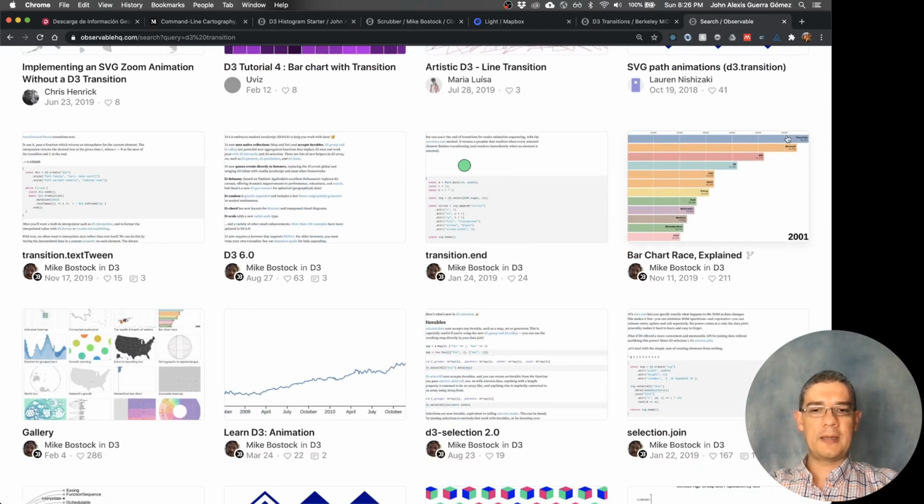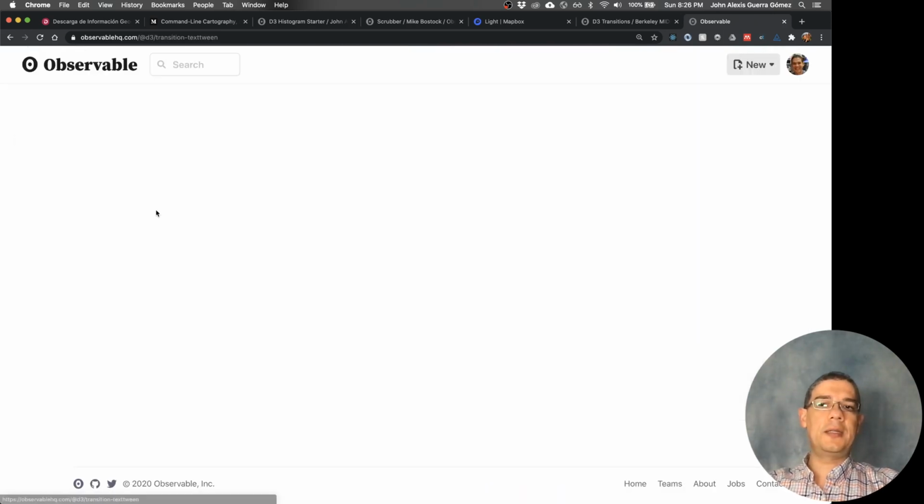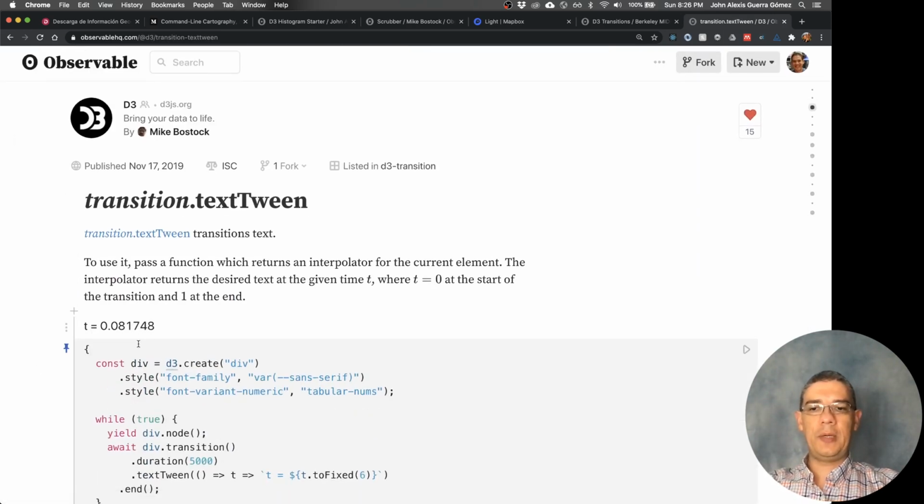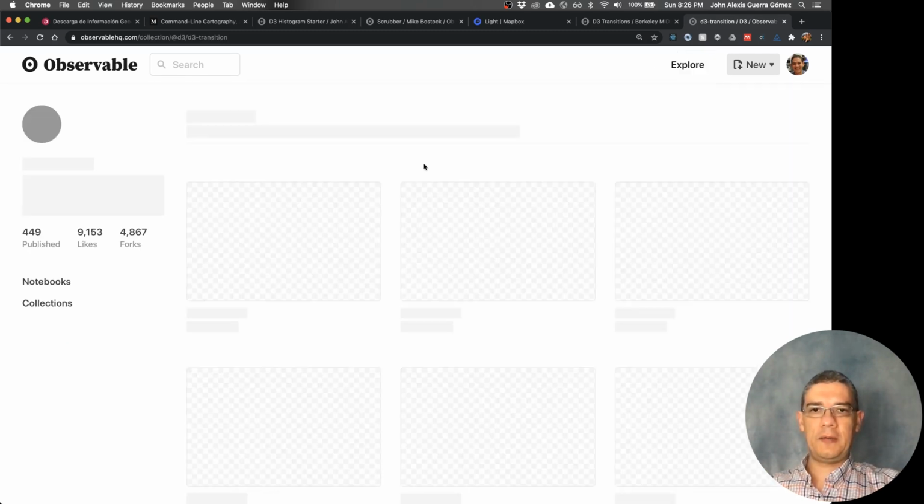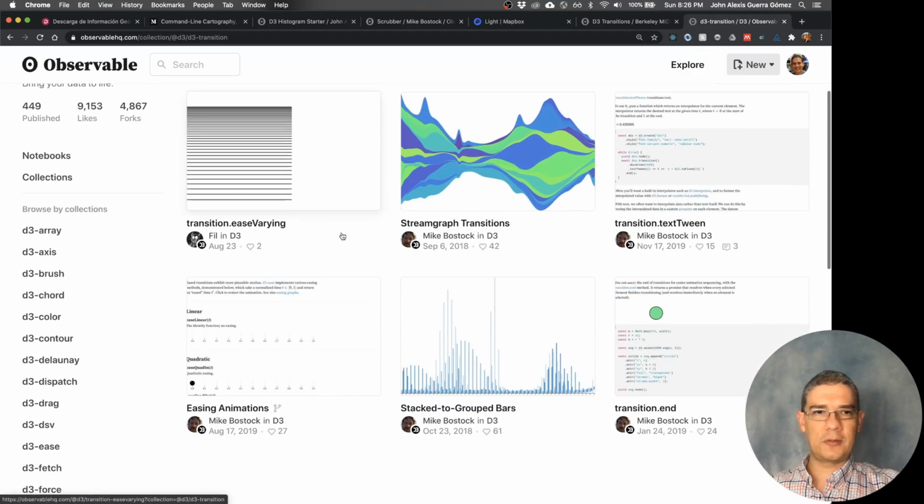There is a very good example here on the bar chart race, where he actually tells you how you can do those transitions. Like this attrTween, it's very useful, for instance, for creating these types of things, and it allows you to do transitions in many different ways. And also in the D3 transition collection,